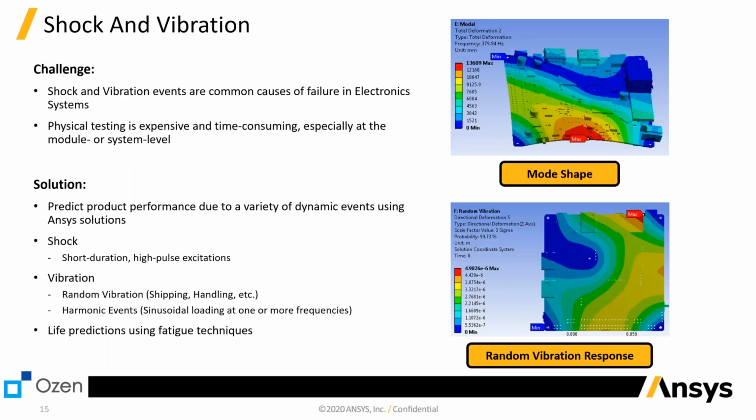And shock and vibration. When we talk about shock and vibration, the very first thing we have to do is a modal analysis. Why do we do a modal analysis? Because we do want to be able to predict the mode shapes and the natural frequencies. The natural frequencies are going to determine how our structure is going to respond when excited at certain frequencies. So that's why we do a modal analysis first, and then we do either a shock simulation, which could be